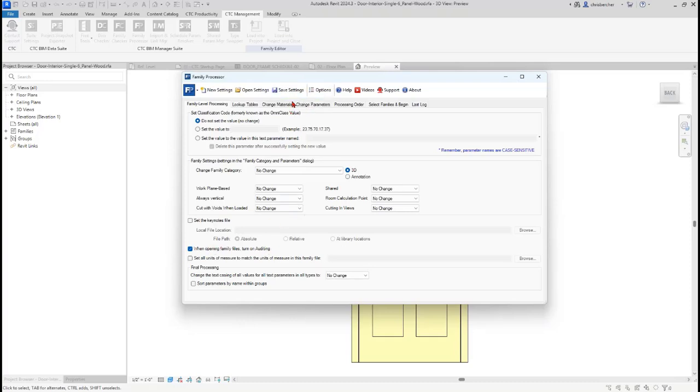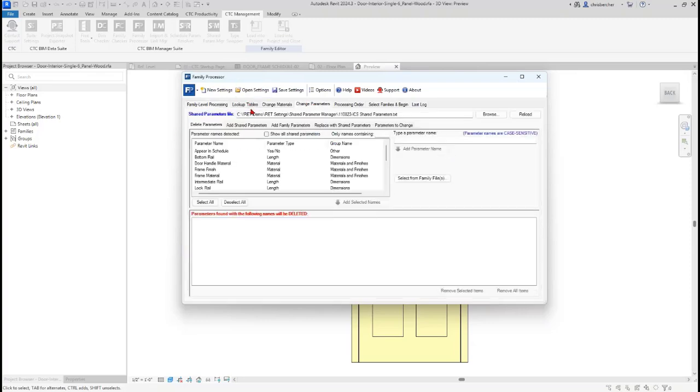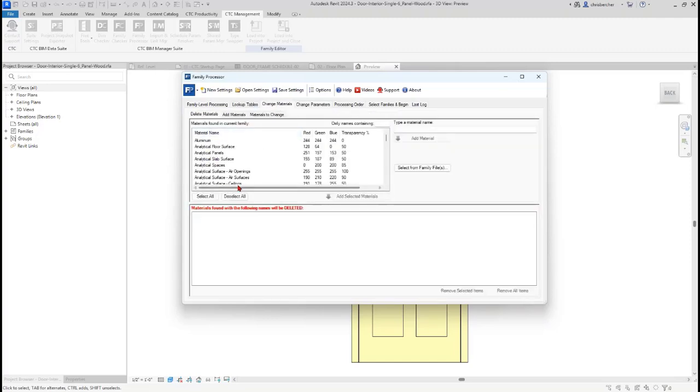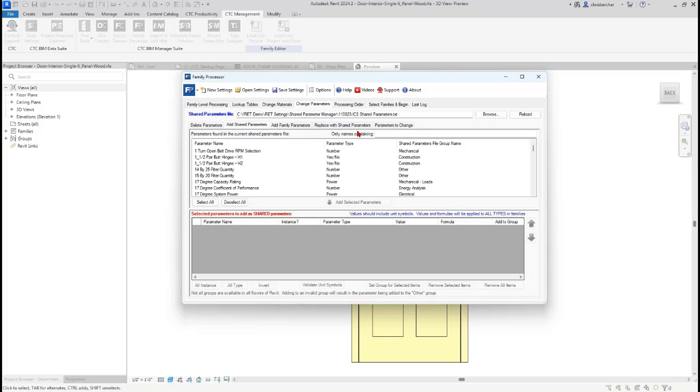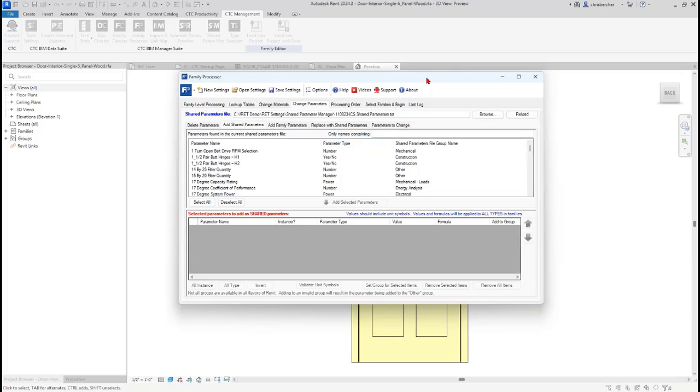So I am going to check that box because I'm a big fan of doing that. There's also things for updating and replacing lookup tables, changing materials, removing the defaults if you don't want them, which is actually in options up here. But change parameters is where we're going to focus our efforts today. Now, if there are additional parameters that need to be in this family for functionality, for scheduling, what have you, I can do that right now with Family Processor. Or maybe